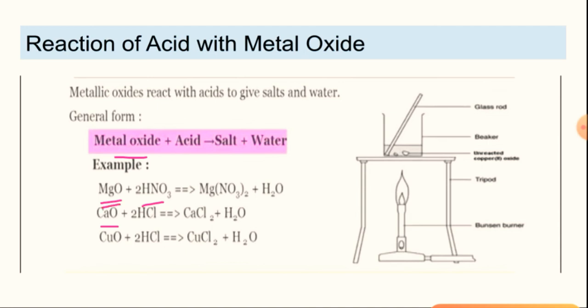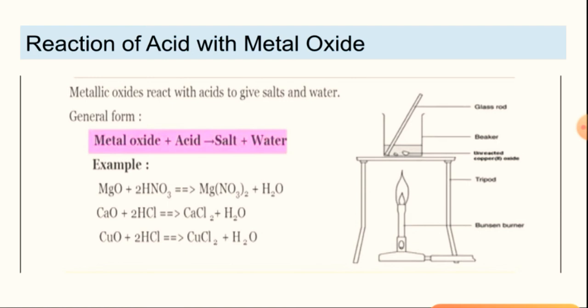So when an acid, for example nitric acid which we have taken here, reacts with a metal oxide, first of all, let's go for the formula. What is the formula of this reaction? Metal oxide when reacting with the acid forms salt and water, the same thing which we got from the acid and base reaction. Metal oxide is actually a base. So when metal oxide reacts with nitric acid, the cation from the magnesium oxide and the anion from the acid react together to form magnesium nitrate, and the H and O will form water.